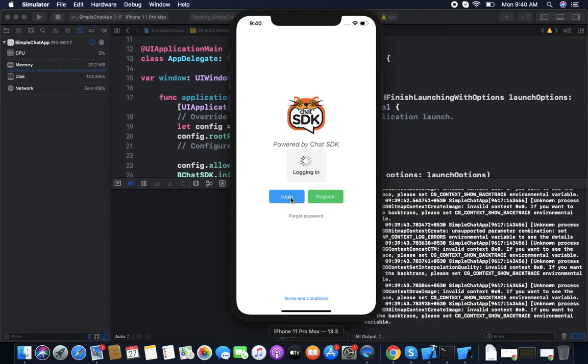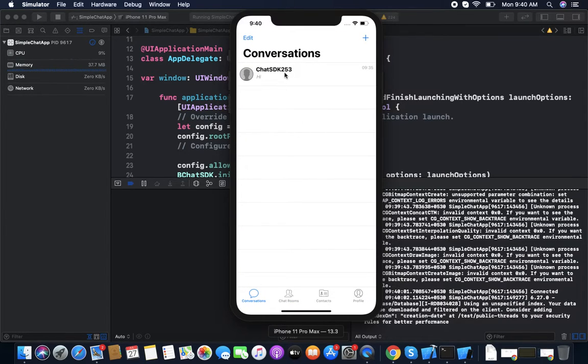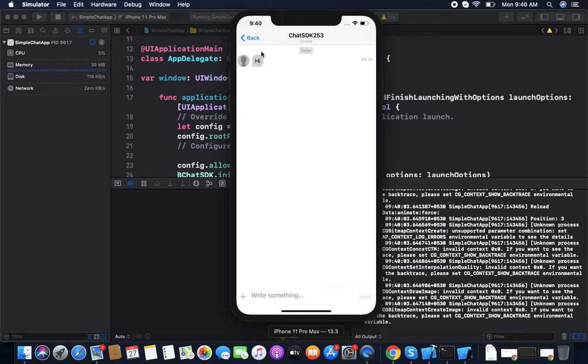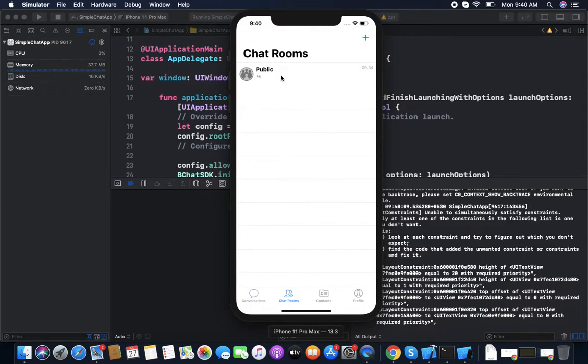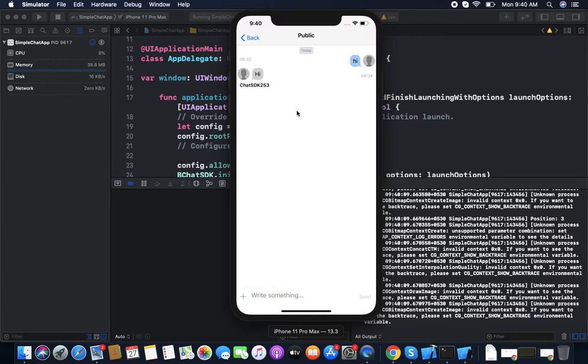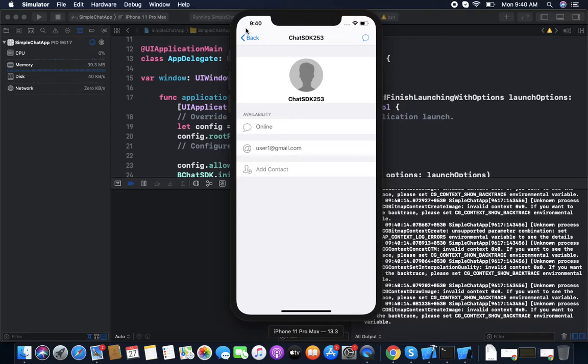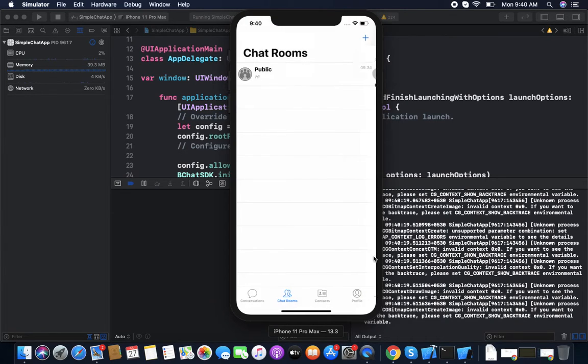Now we log in because we are not registering this time. So you can see we received a message from ChatSDK. We can also receive a message in the chat room too. You can see the ChatSDK profile here. You can add him as a contact. Now it will be showing in your contacts list.